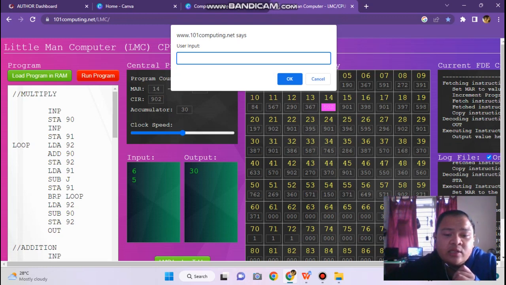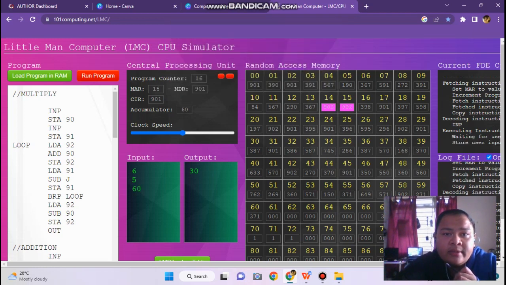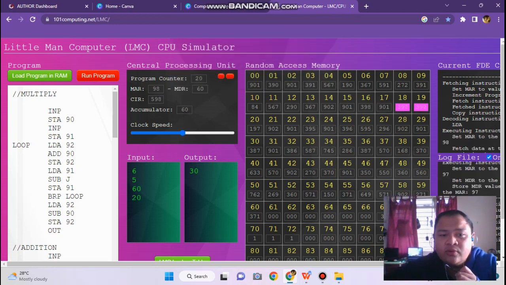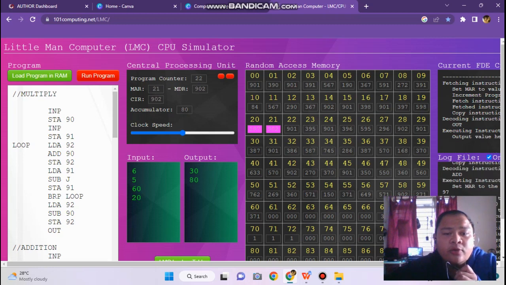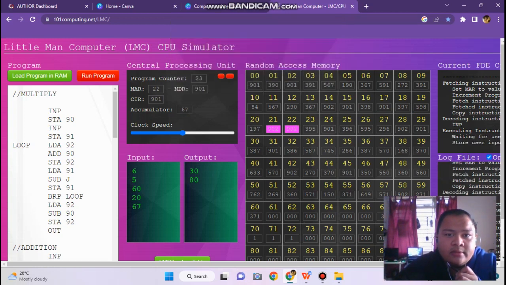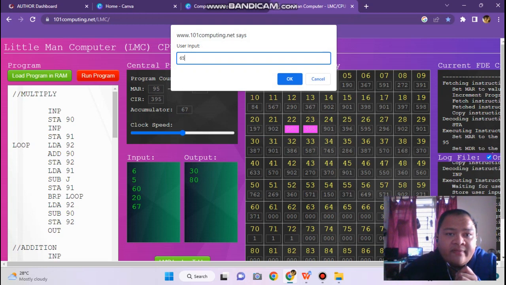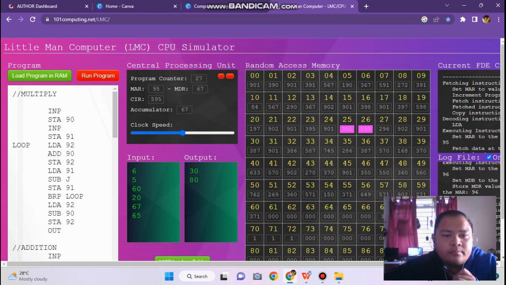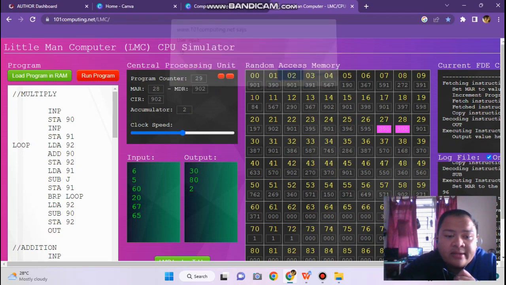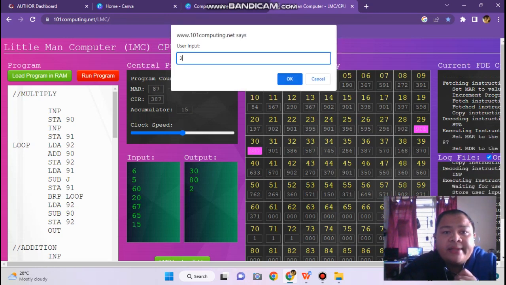Next is addition. When I enter 60 and the second input is 20, manual addition gives 80, and from the simulator we also get 80. Now for the subtraction part, we put 67 minus 65, hence we will get 2, like this. And for the division part, when I enter 15 divided by 3,